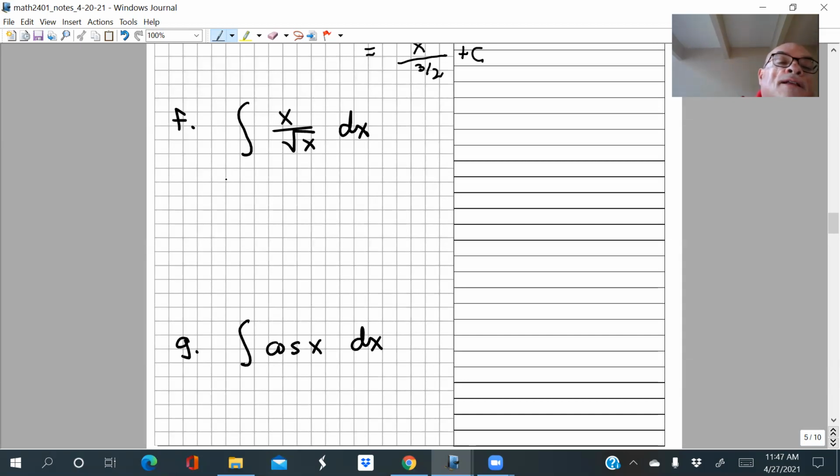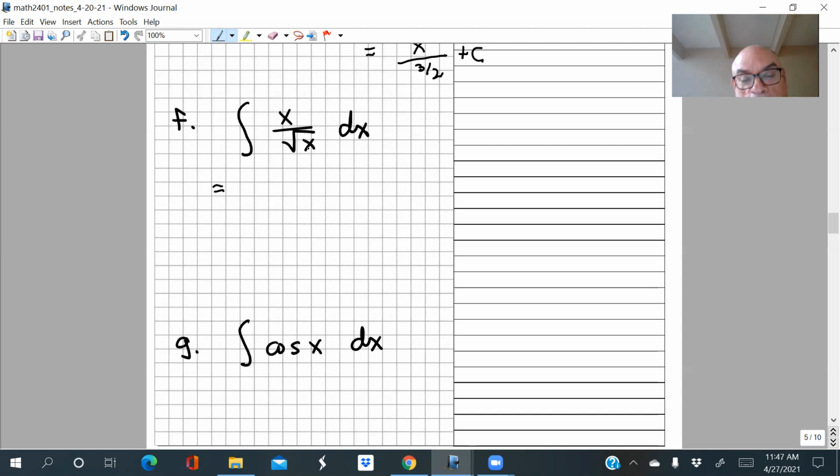All right, so now x over square root of x is not a power of x, right? If that were just x to the first power, that would be a power of x. So if we just had the numerator here, that would be something we could integrate, right? Or if we just had square root of x, that would be a power of x. So we could integrate that using the anti-power rule. But x over the square root of x is a little bit complicated. That's not just a power of x. So the anti-power rule here does not quite apply directly, but that's okay.